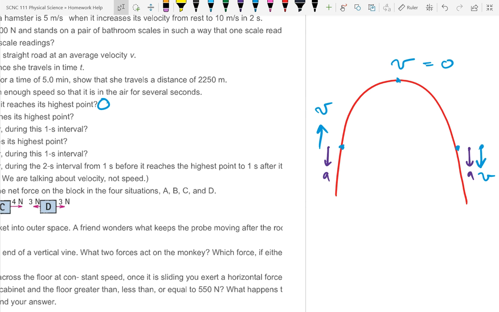9.8 meters per second squared. If you want to use 10, I will accept both answers, okay? The textbook uses 10 to make it easier. Remember I said because they figure you guys are going to have a hard time with 9.8. So I'm going to go with the 9.8 because that's what